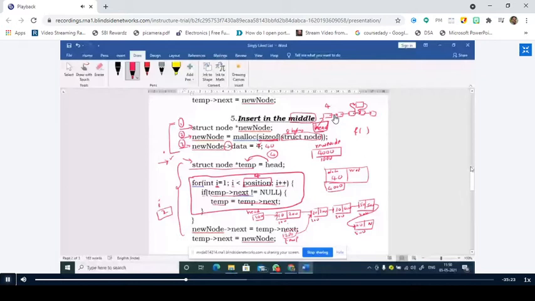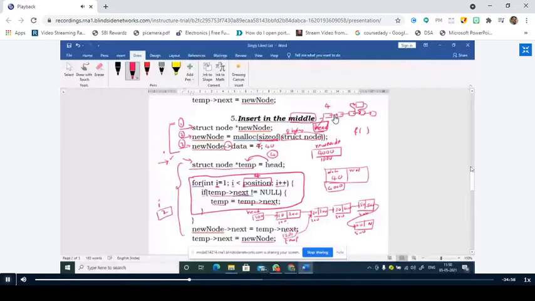True, sir. Therefore again it will enter into the for block and it will check for the condition temp next not equal to null. What is temp next now? 300, sir. It is not equal to null. Therefore it again enters the if block and it will change the value of temp to temp next. It is 300.